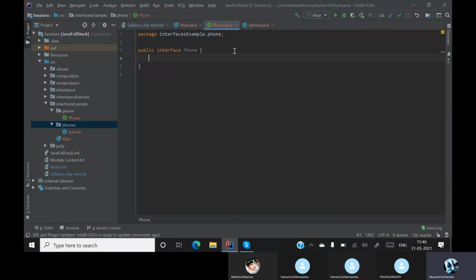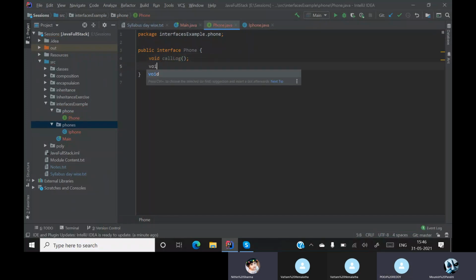Can someone tell me what are the definite things we should have in a phone? Calls, camera, display, battery. And battery. So I'll stop with these three examples.